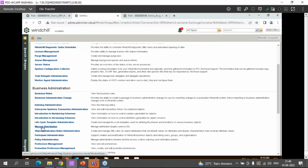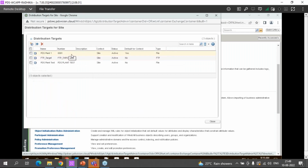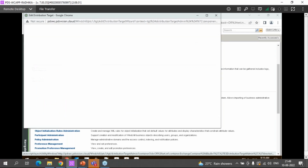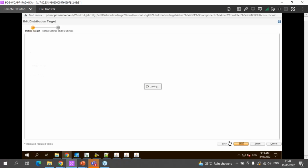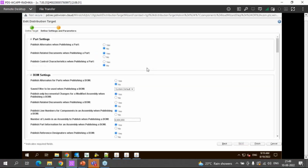Another thing, let's go and see the properties for each transaction. So for this transaction, let me try and edit and show you for this target, sorry. Now this is the page where we are configuring a distribution target. So you give the names, give the place where we want to have the export of the file, and then when you click on next, we have the configuration options which will define in which form our data will be